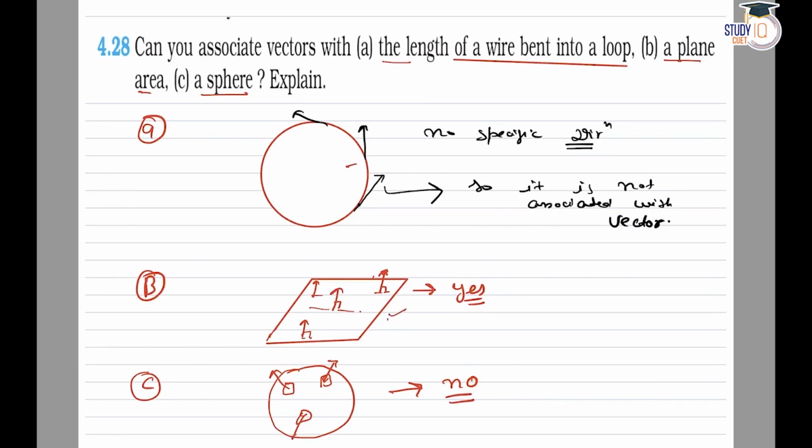In the plane case, all the points have a direction perpendicular to the surface, and all the directions are the same. And in this case, the points have a direction perpendicular to the surface, but all the vectors have different directions. So there is no specific particular direction. So we cannot associate a vector with